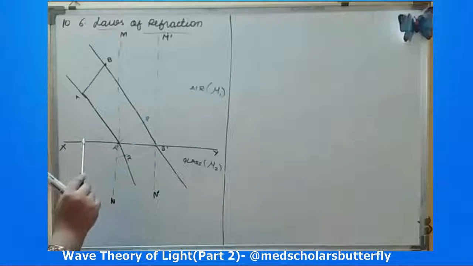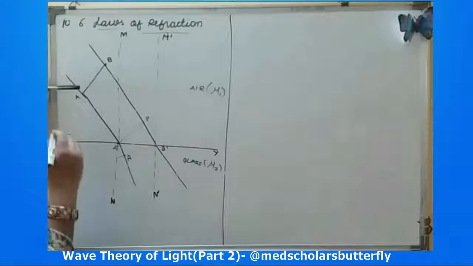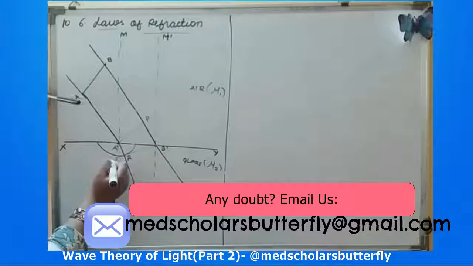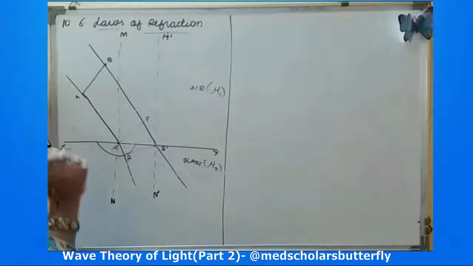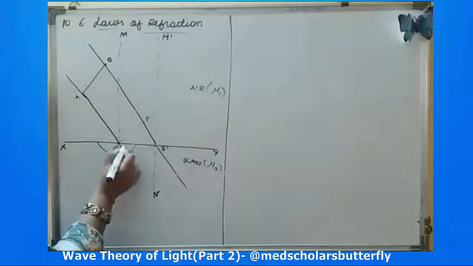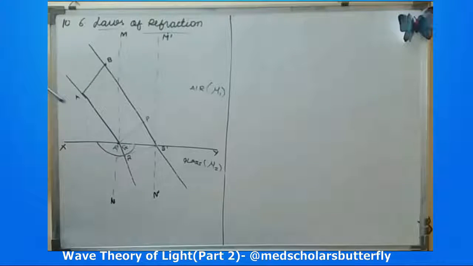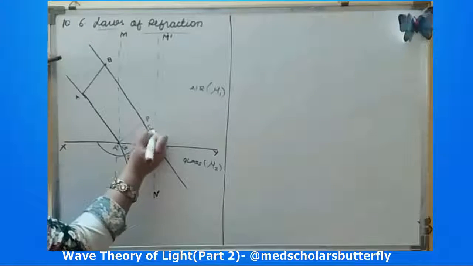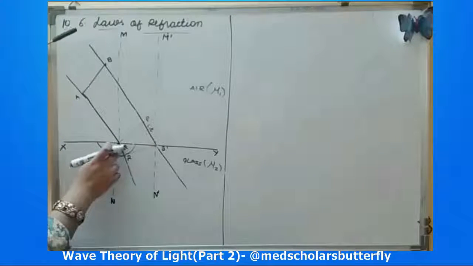What will happen is, at A dash there will be construction of a plane wavefront, and we will get a small hemisphere to which this line is a tangent, which will have radius ct, velocity c, and light travels in time t, so ct. Then refracted, this is ct, so this will be c1t. At the same time, light reaches from A to A dash.